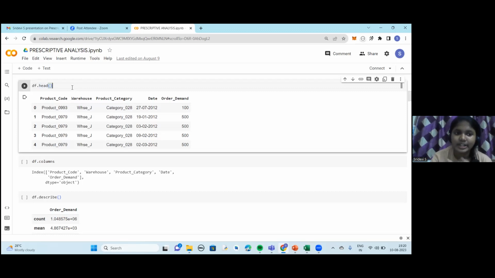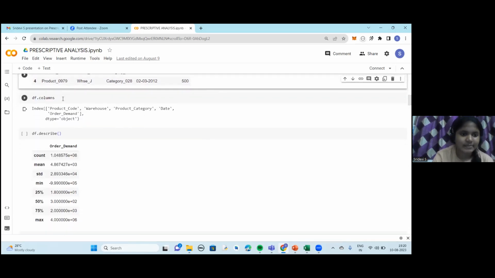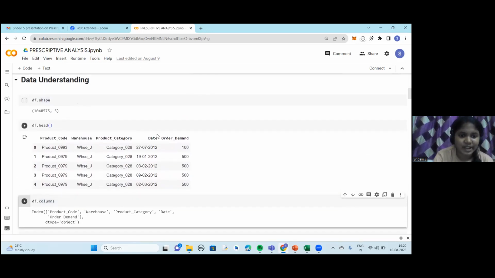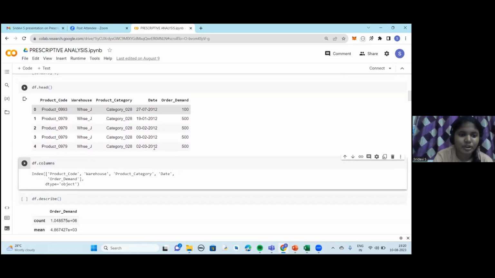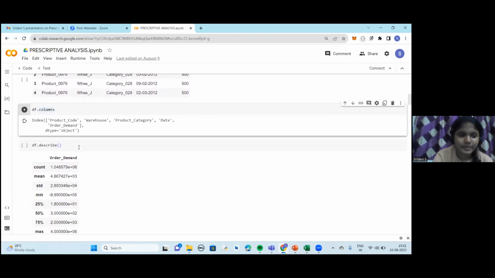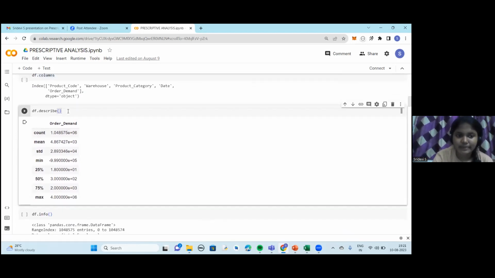And in the same way, df.tail() will give me the last 5 rows of my data set. And then comes df.columns, wherein we can see there are 5 columns, and all the column names alone will be extracted and given as the output here. And then the df.describe() function will